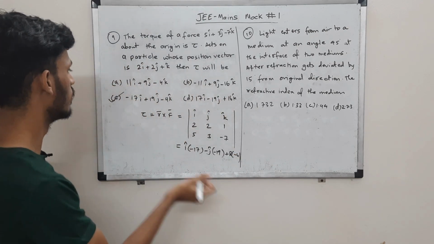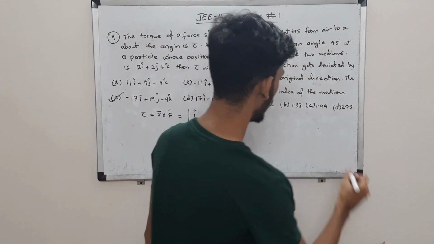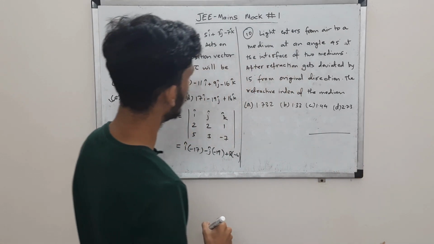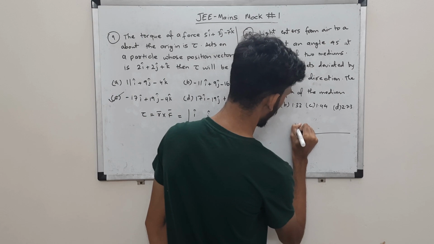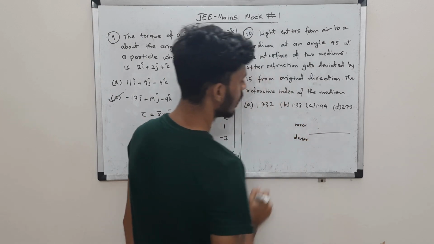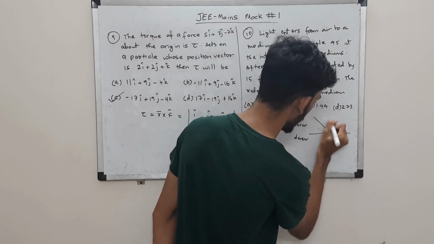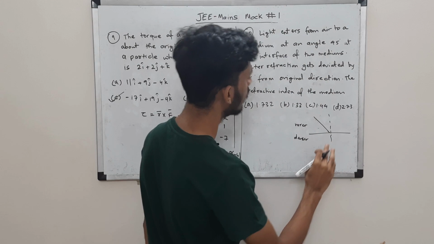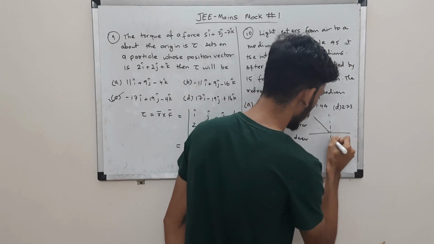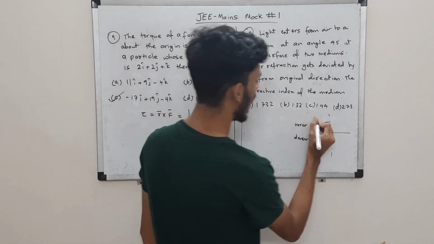Okay, so C is the correct choice over here. Pretty straightforward question, right? So here we have in question 10, light which is entering from air, a rarer medium, to a denser medium. It first of all makes an angle of 45 degrees at the interface. It's unclear whether it makes the angle with the interface or with the normal, but the angle is 45,